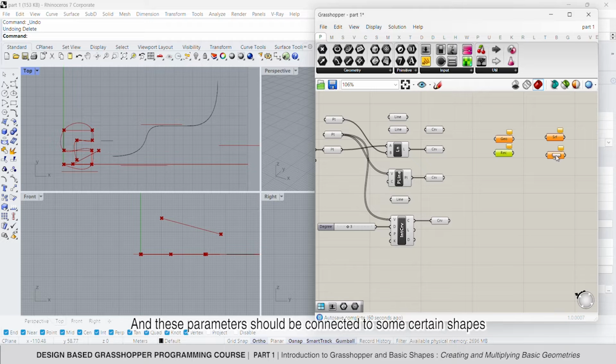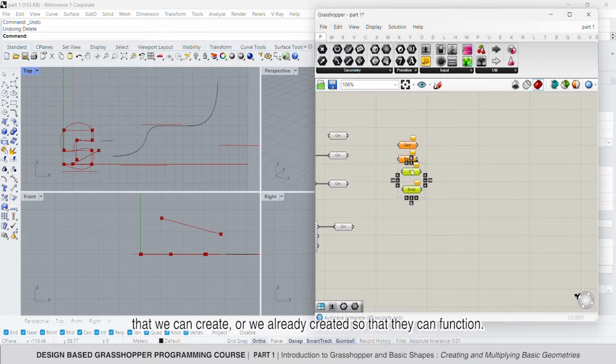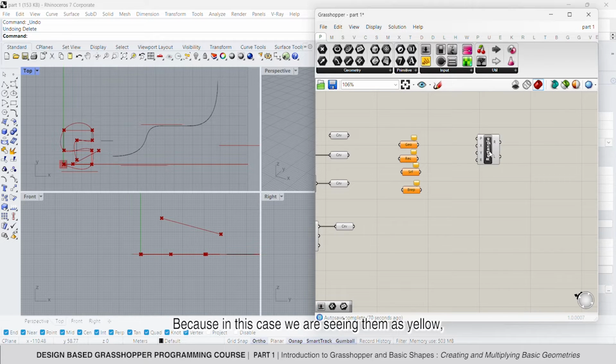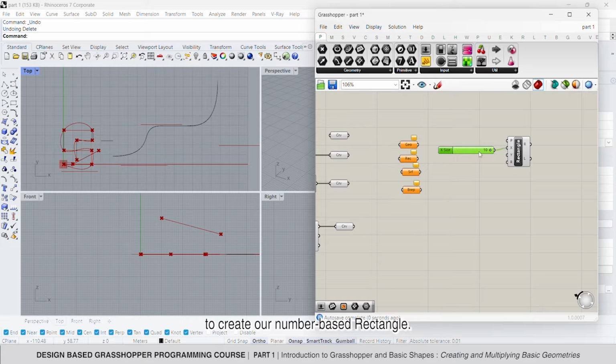And these parameters should be connected to some certain shapes that we can create or we already created so that they can function. Because in this case, we are seeing them as yellow, that means they are empty parameters. To start with, I'm going to type rectangle to create our number-based rectangle,